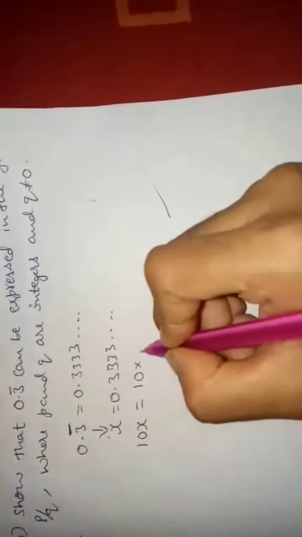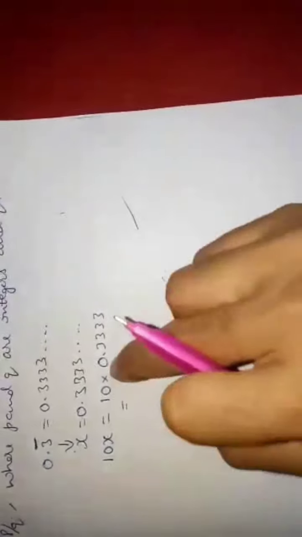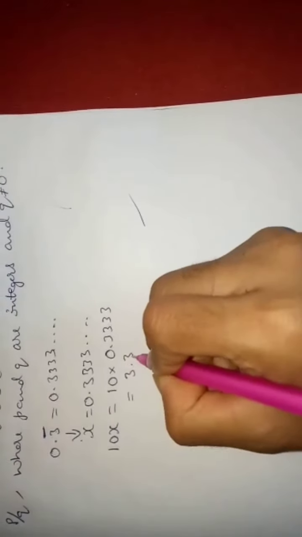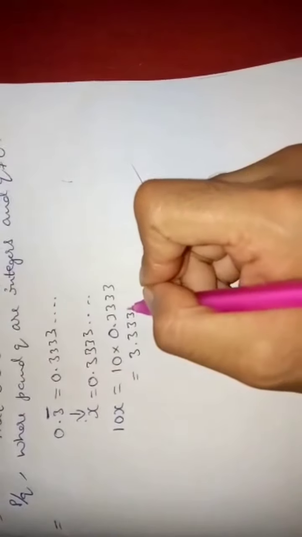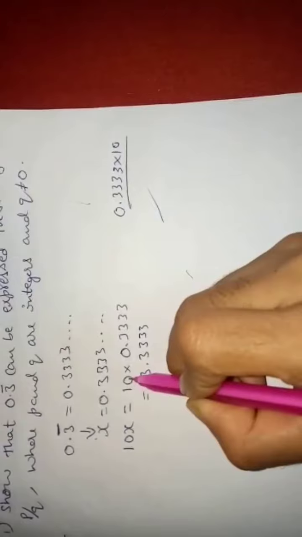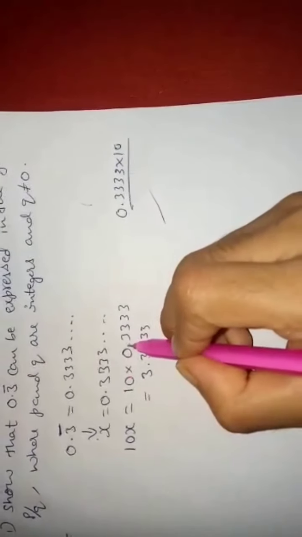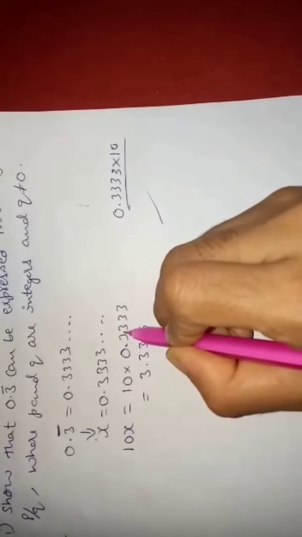We have taken the given number 0.3333. So what does it give when you multiply with 10? It will be 3.333. Right. Next, don't go to multiply and all. Like this 0.333 into 10, this is a long method. It requires time. You can see, if you have to multiply with 10, you have to see this decimal point. It is here, right? When you multiply with 10, it goes here.